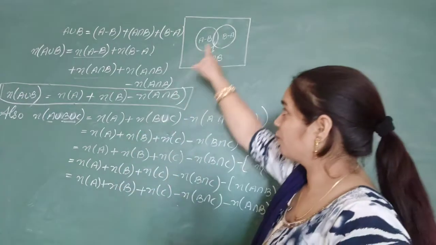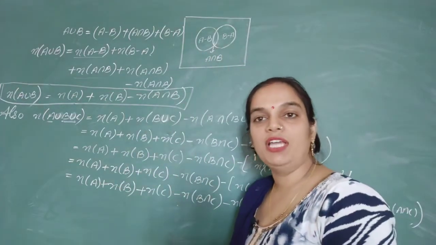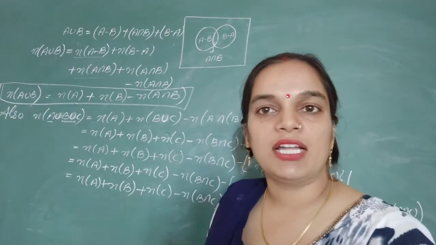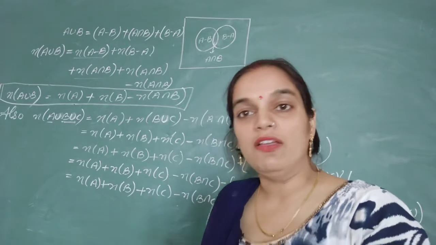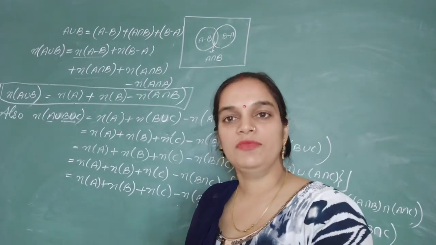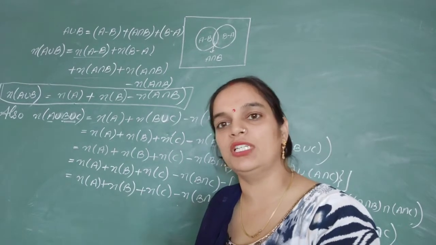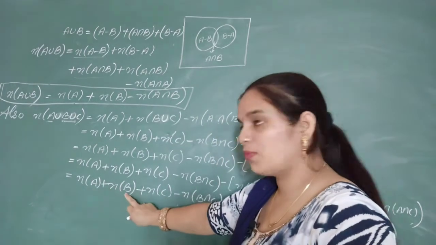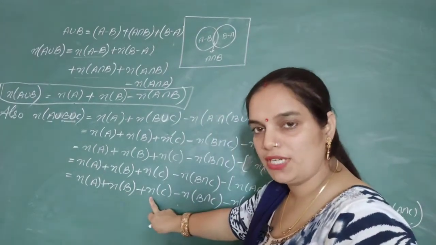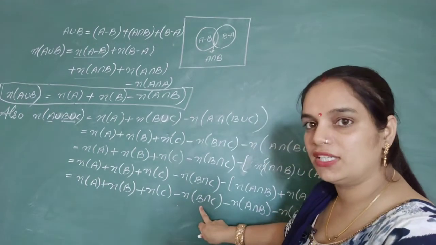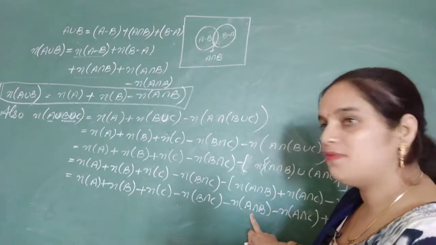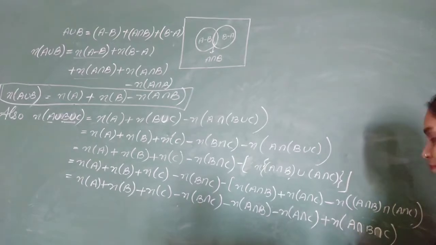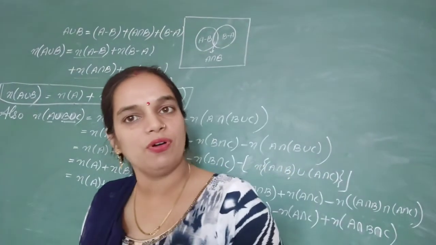And it is deduced from this. Same as, we have to learn one more result in which we will take three sets, set A, B and C. When we take their union, the number of elements in A union B union C will become the number of elements in set A plus the number of elements in set B plus the number of elements in set C minus the number of elements in the intersection of B and C, the number of elements in the intersection of A and B, the number of elements in the intersection of A and C, plus the number of elements in the intersection of all.